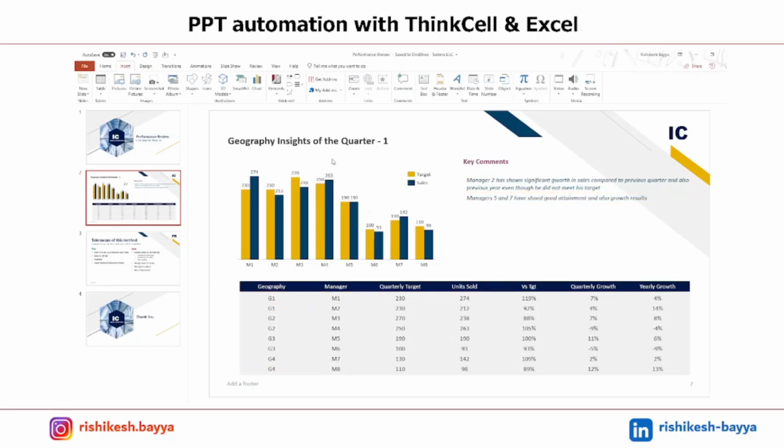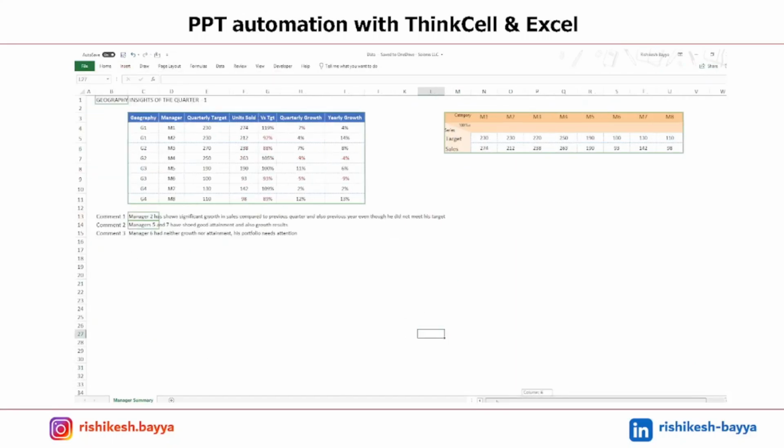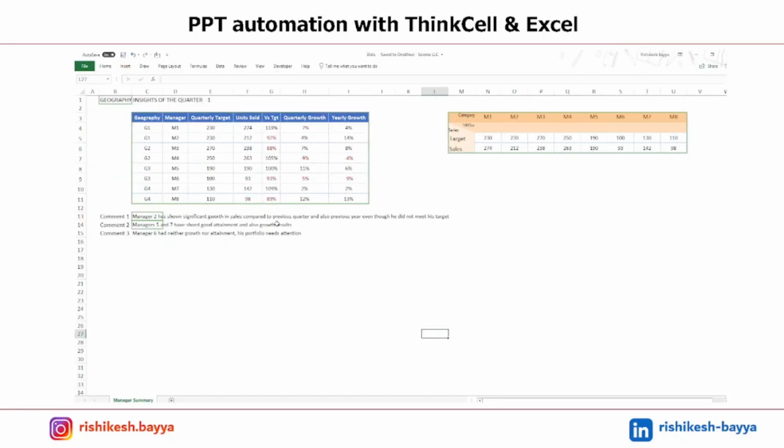So here, the title, the comments, and the table, all these three are linked to the Excel in the backend here. So once you link a particular field, that particular cell is highlighted in green, which indicates that there is a dependent object on this particular cell somewhere. Yeah. So that is the message that we're getting from here.